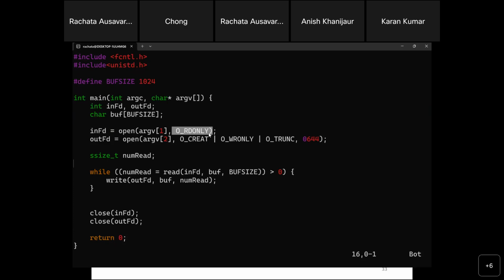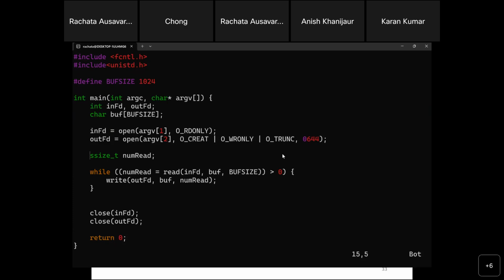And then here for the destination, I can copy into a new file, a new location. I can copy into an existing file, right? Because I can copy and replace old files. So I need multiple options here: create, write only, and truncate, so that I can overwrite if the file exists already, right? Then it allows me to overwrite the file with the new file.